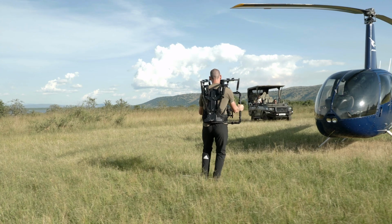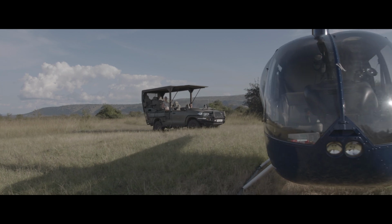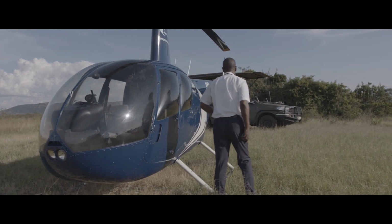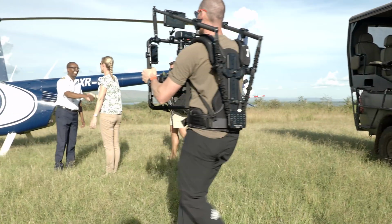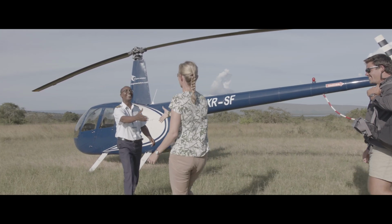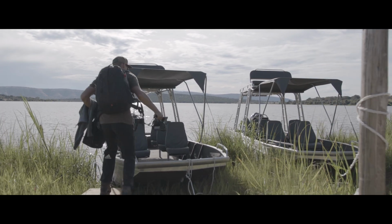We give each other lots of projects where I'll be his second shooter or the other way around, and that's something, sort of a backup for me as well. I know this guy is super reliable, and I know that he brings his creativity to the table, and you just have extra reliability because you have additional gear there and additional creative minds working together, and the production quality just multiplies like crazy. So having someone that's next to you or behind you shooting the tight shot while you're shooting the wide shot is absolutely crucial to success in a project like this, especially with the unpredictable nature of